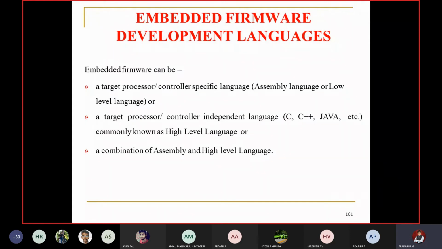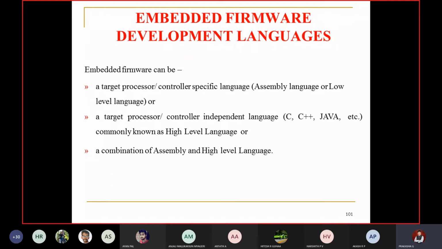Controller specific language is your low level language, assembly level language. Controller independent languages are like C, C++, Java, etc. A combination of these also will be there. Like in Keil, what happens? I can write assembly code also, I can write C code also. Embedded C also I can write there.